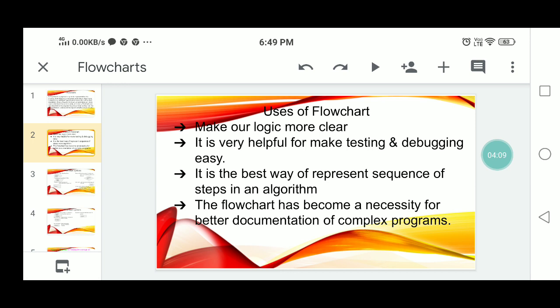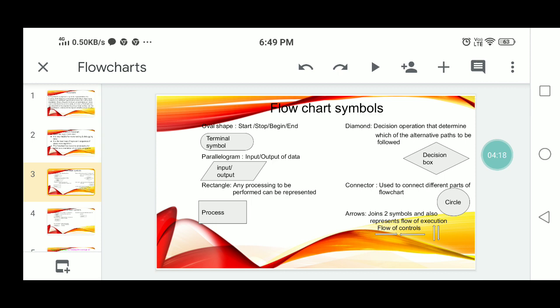So here various symbols are used, representing different operations. Flowchart has different symbols. So let us see the different symbols here. The first symbol is the oval shape symbol, represented with the name terminal.